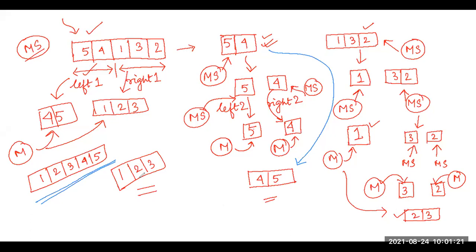Now, is the graphical concept of the merge sort algorithm clear to you? The way I tried to represent how the merge and the merge sort together work to sort my array. Is this concept clear to you? Yes, ma'am. Okay. Now, if we move on to the algorithm part, it will also have two parts.